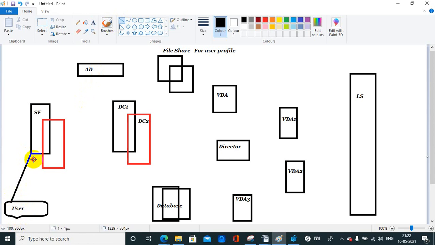Then what will StoreFront do? StoreFront will check that user, but StoreFront doesn't have the user account detail, so it will redirect it to the DC.